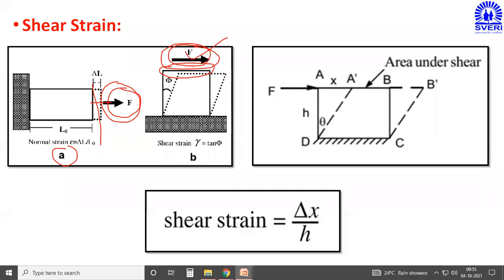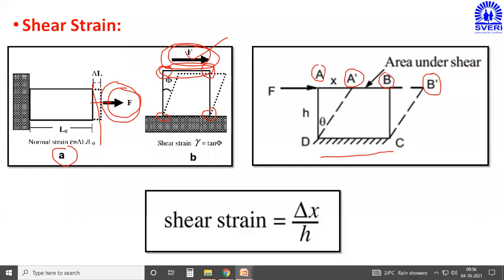So now what happens if this F amount of force is applied at the top side? The distortion takes place. You can see here, the distortion is indicated by the dotted line. At the bottom side, it is totally fixed. Therefore, there should not be any deformation at the bottom side. But at the top side, this particular square is totally free, and due to the F amount of force applied, the distortion takes place, and it is indicated by the second figure. So you can see in the second figure, the distortion is taking place from A to A dash. At the other side, another distortion is taking place from B to B dash.